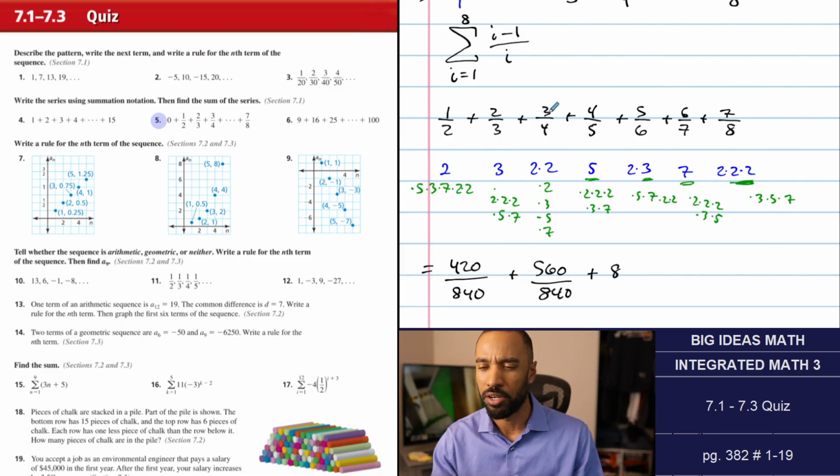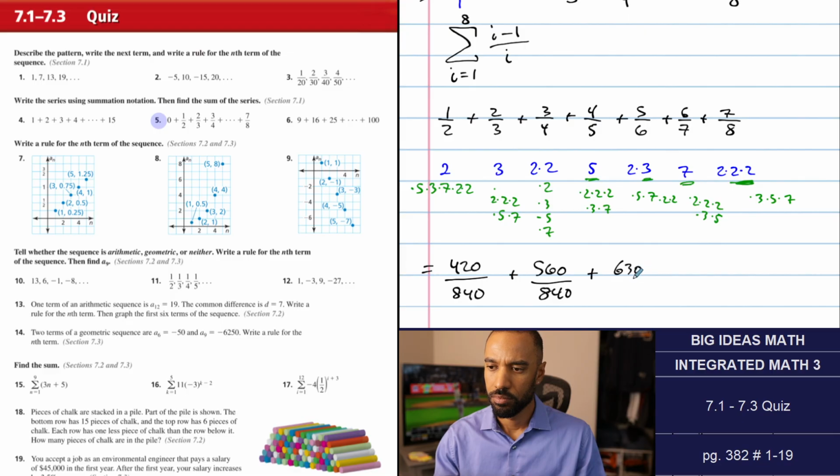Oh, I'm sorry. That's the denominator. 3 times 6, 18, 90, 630. 630 over 840. I'm suddenly realizing I might have faster ways to do this if I know how these things work. Like, for example, 6/7. I know 6/7 of 840 would be 720 over 840. I'm thinking of the fractions in my head now. That might be faster. Anyway, 4 times 8 is 32, times 3 is 96, times 7